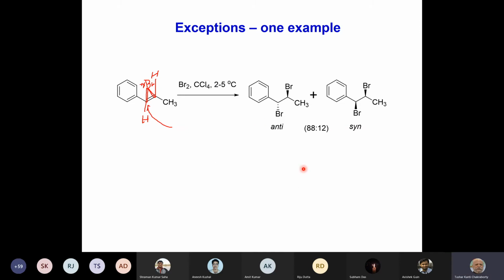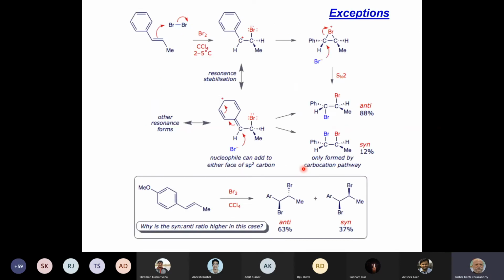Yeah, so if you go to the mechanism of this reaction, as I said, if you form a bromonium species, and the bromine should have come here, you get 88% yield. But in this phenyl ring, there's a slight positive charge here, because normally they don't open up, because these two carbon centers should be identical for the nucleophile in other cases. But when we have a phenyl, and if some amount remains in this form, with a plus charge here, and bromine is coming here, then this gets stabilized by resonance stabilization.